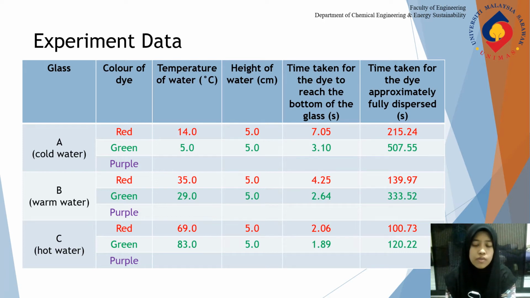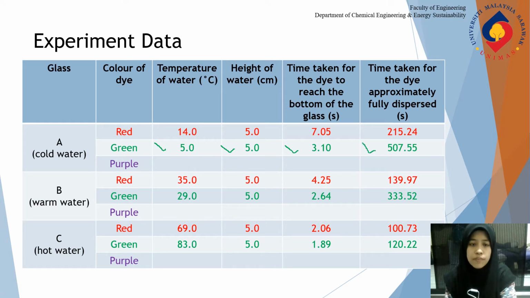My part is I will repeat the experiment using green dye at different temperature of water. Okay. For glass A, which is cold water, the temperature of water recorded is 5.0 degrees Celsius. Height of water is fixed for the three of the glasses, which is 5.0 cm, and time taken for the first drop to reach the bottom of the glass is at 3.10 seconds, and for the time taken for the green dye approximately fully dispersed is